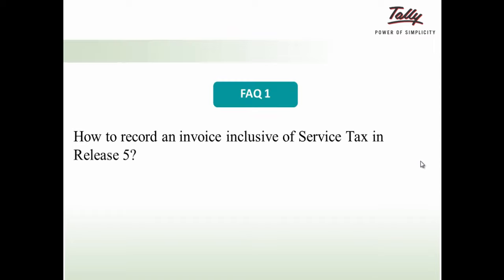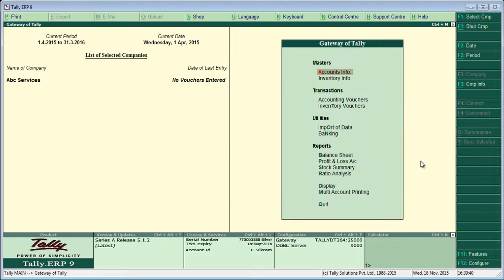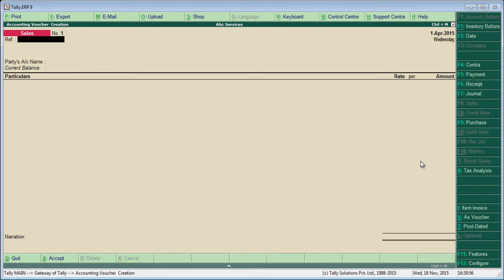The first FAQ: how to record an invoice inclusive of service tax in Release 5. So this is a company I have created called ABC Services, which is providing services. Now let us pass a transaction where they want to have inclusive of service tax. So we'll go to accounting vouchers, sales, now